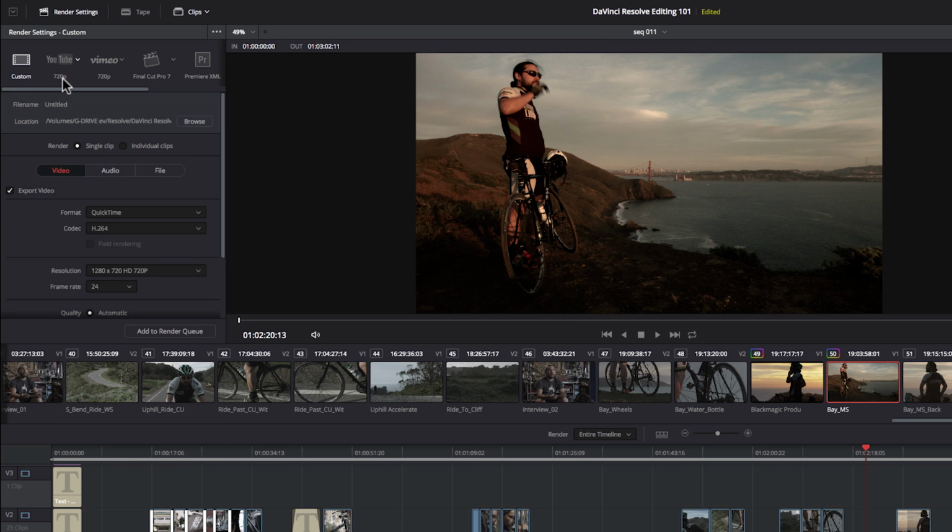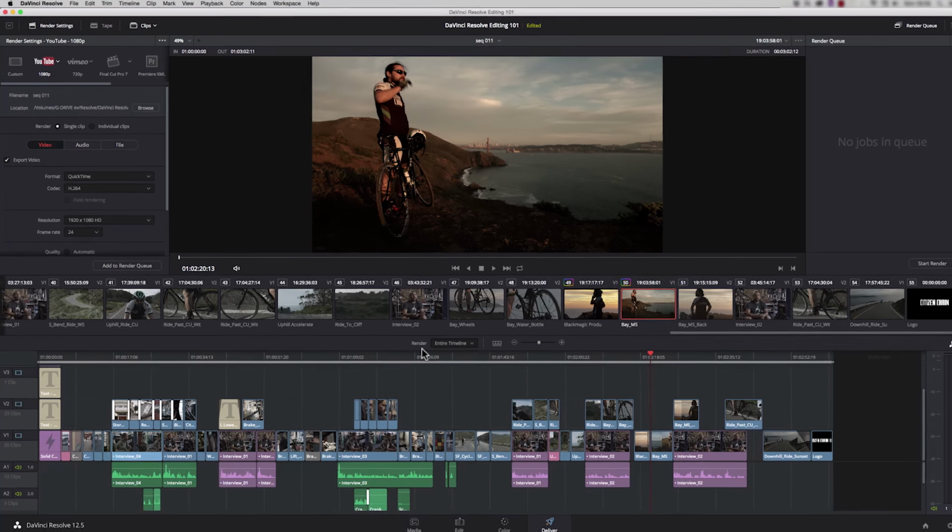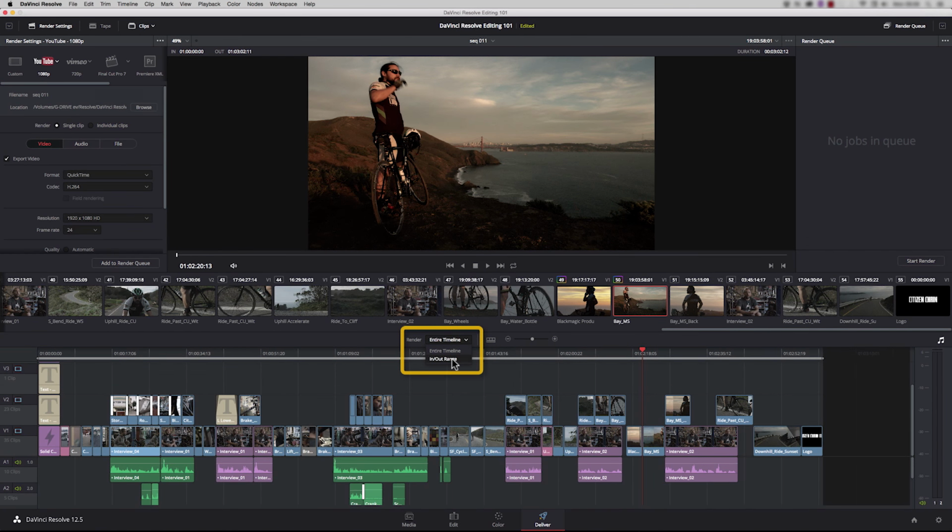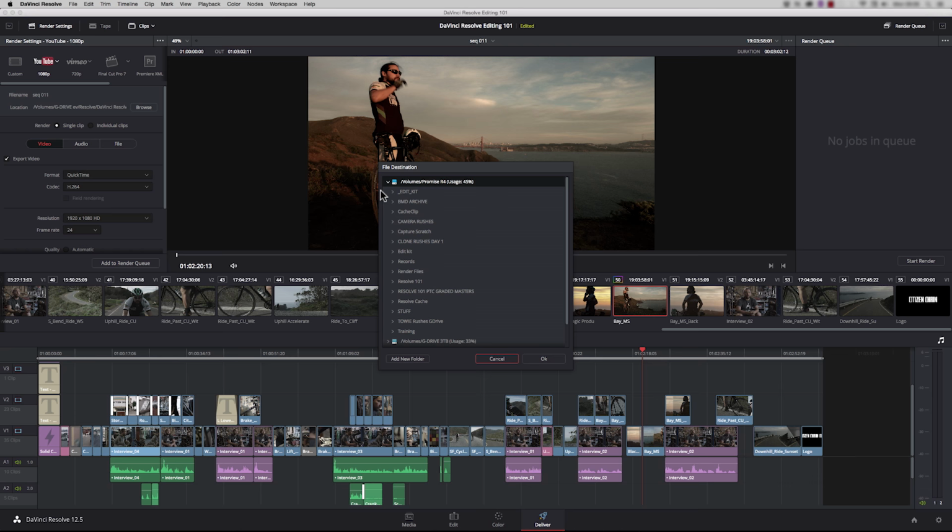If I go to the YouTube one, for example, we can just pull down here, choose our resolution, so let's go to 1080p. Down here we can choose whether to do the entire timeline, or maybe you just want to do a mark in and a mark out area. We'll do the entire timeline. So these are already optimum settings for using YouTube, so all we have to do now is tell Resolve where to put the file. So press browse, and we'll create a new folder,